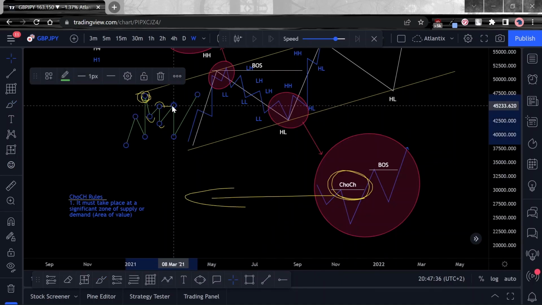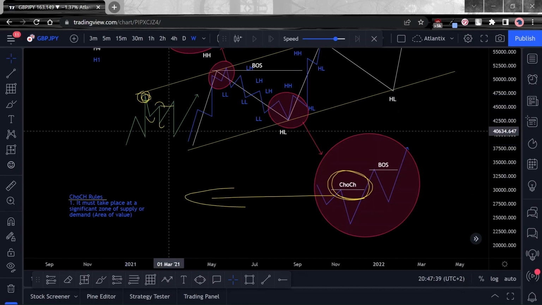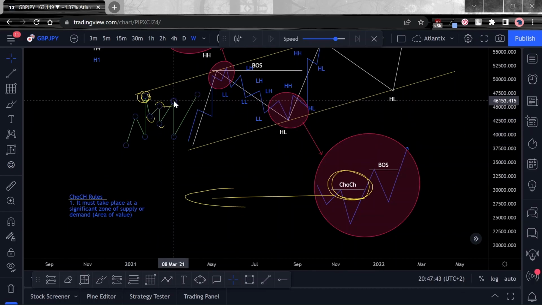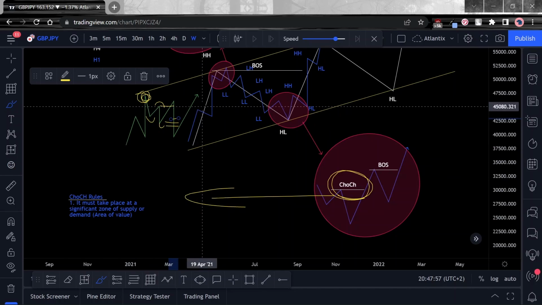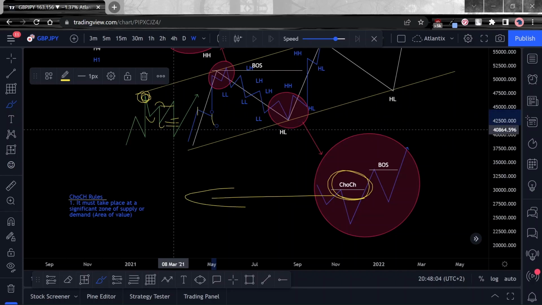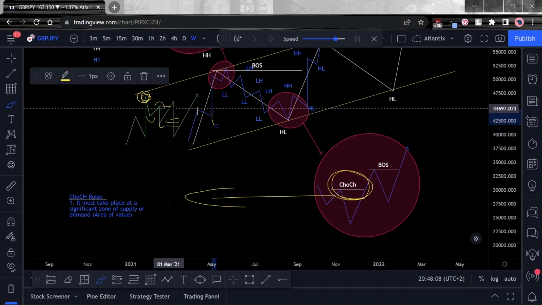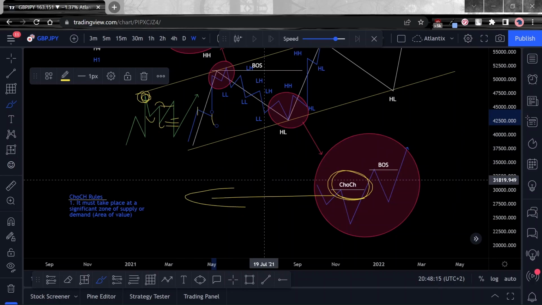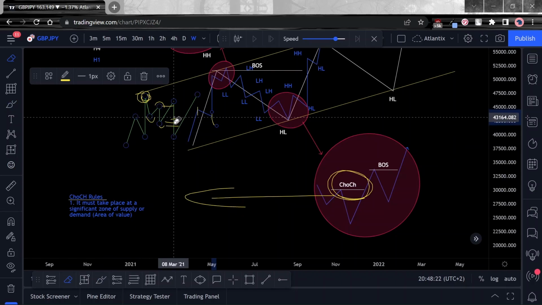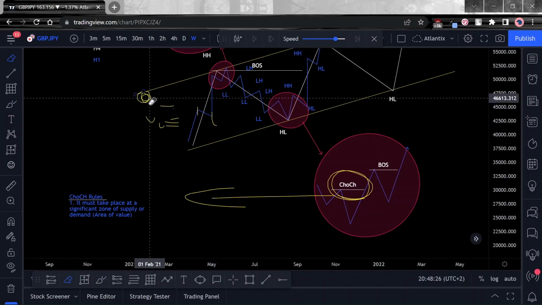So it violates this high, continues lower, and because you have seen this violation, you begin to anticipate that there's a buying opportunity somewhere here, and for whatever reason you start to look for buys, but the order flow is still bearish. This entire section, the order flow will still be bearish in as much as you're looking for buys. And that's the risk that comes with trying to look for change of characters everywhere. You need to have a significant zone where you say it must line up with where the change of character is taking place. Now, if you do not understand that, let's illustrate it on our example over there.